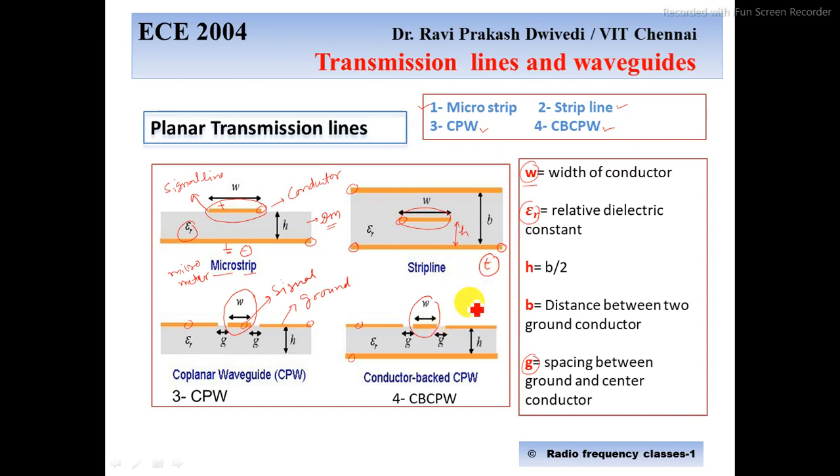Using those parameters we can solve several problems. In this particular video I am going to discuss the strip line, take certain examples and solve the problems, and discuss in detail how to find out the width if the other parameters are given for the particular strip line. Moving further, in the next PPT I'll explain the cross sections for the individual planar transmission lines and their electric field and magnetic field variation.